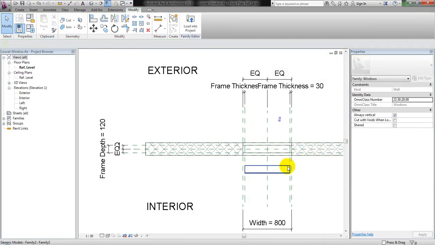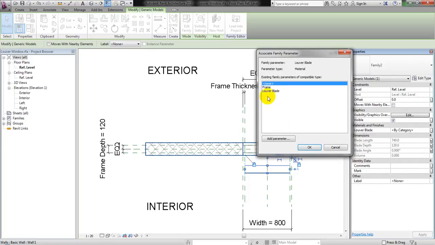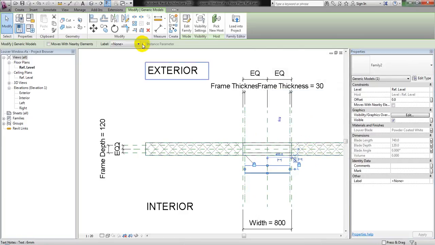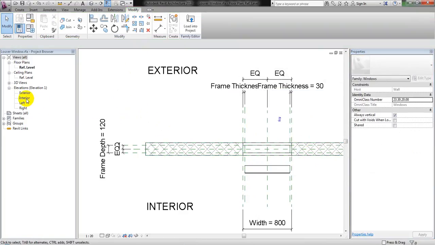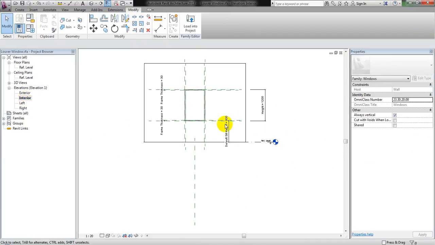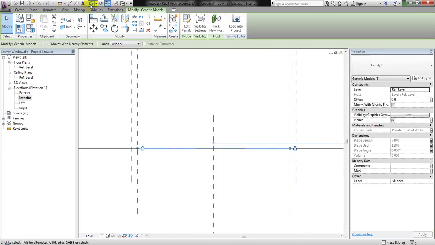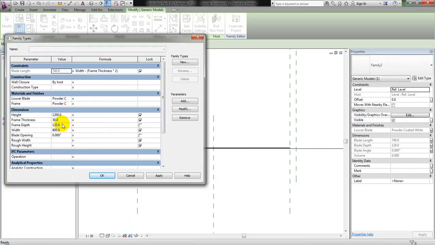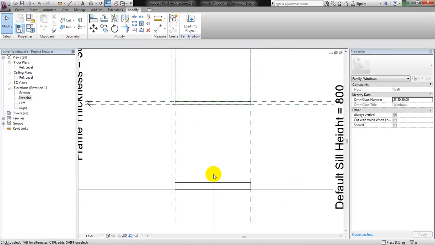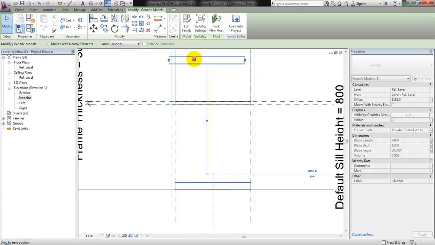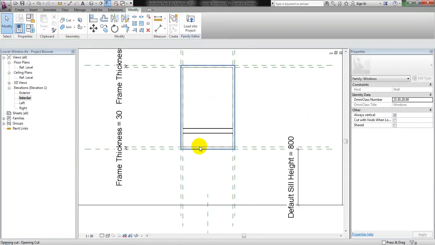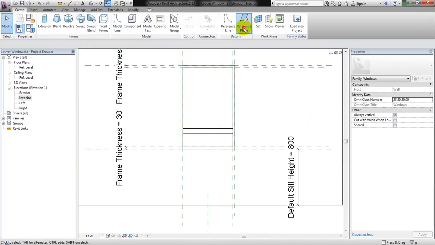There. So material should be louver blade. Okay, so go to interior view. Okay, so I need to adjust the angle to say 30 so that I can see it there. So I can move that one there. Okay, so now I will add again another reference plane for the